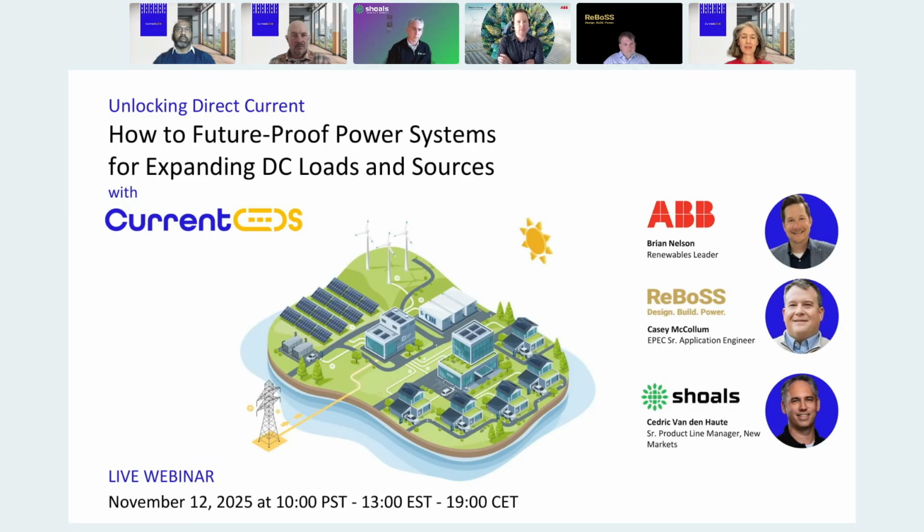And policy could be a beneficial aspect to accelerate that growth. I think that's something that the industry is advocating for, but should continue to advocate for with folks like NEMA, what CurrentOS is doing, and others,